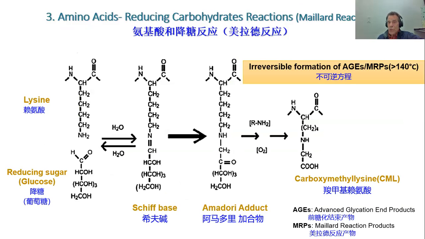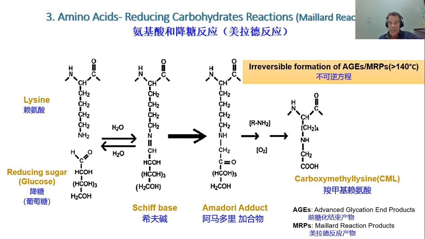Now, the amino acid reducing carbohydrate reaction, also called Maillard reactions, are really quite important and a lot of people are focusing on them. It's the same reaction as when you're baking a cake or a bread, and the crust becomes nice and brown when you're cooking things, right? The reducing sugars, glucose, fructose, are reacting with amino acids. It's a complex chemistry. It occurs at a certain temperature. So for example, lysine is very sensitive to this. It will react with a reducing sugar like glucose or fructose, create a Schiff base, and this reaction is reversible.